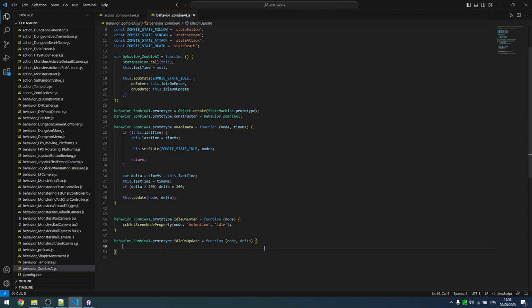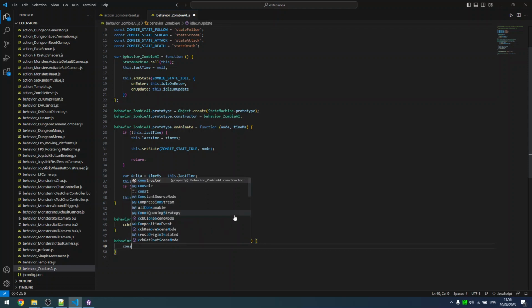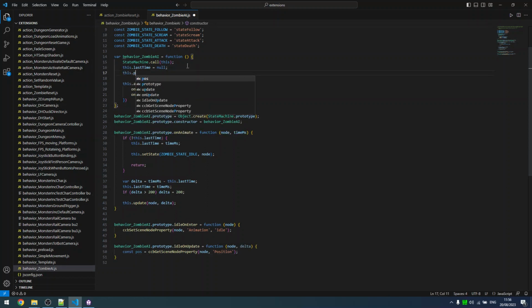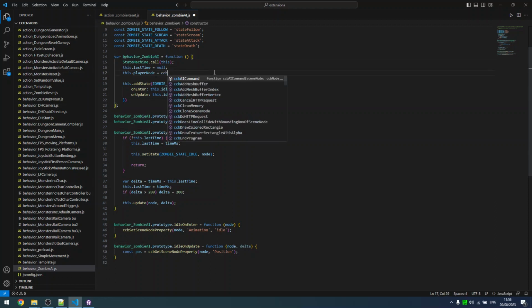The very next thing which we need to do is we need to change state to scream if player is close enough to our enemy. First of all, we need to calculate distance to the player, which is pretty easy thing to do in CopperCube. We just need to get position of our zombie node by getting scene node property node position, and we need player position. In order to get player position, what I also like to do, I like to add a player node as a property to our class. So we just